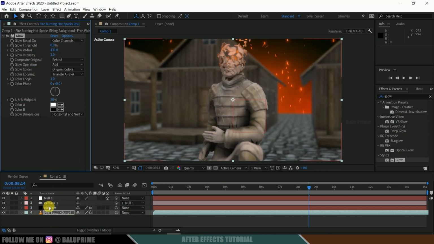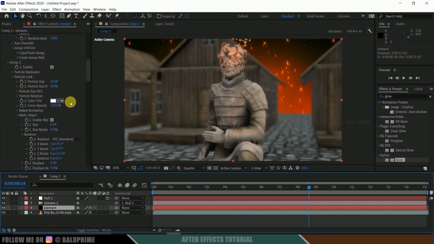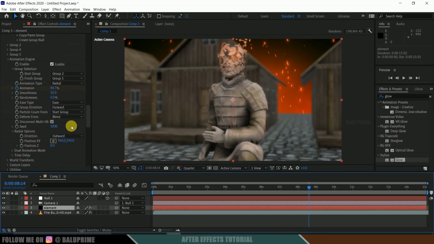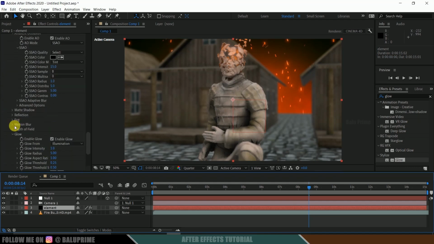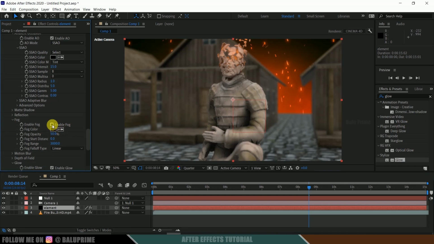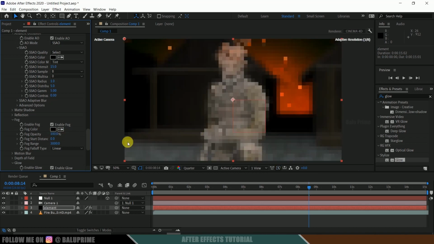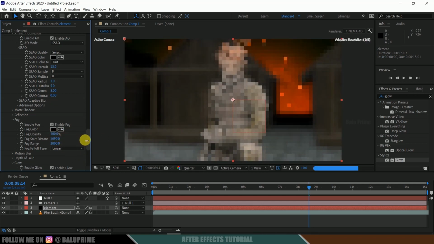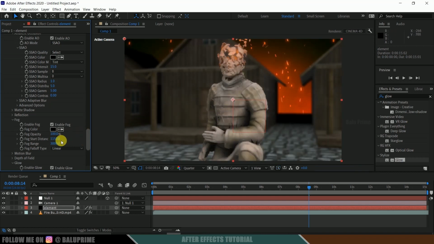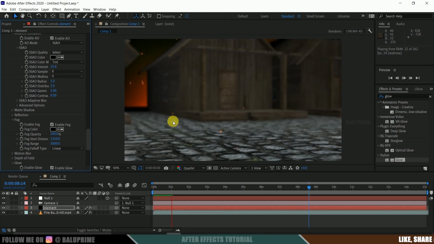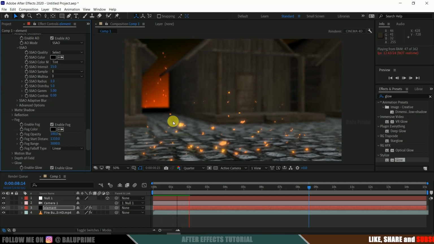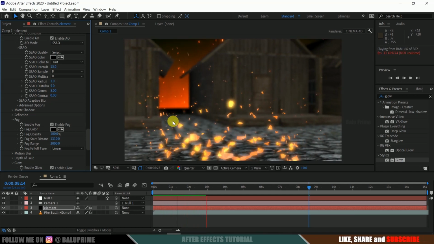And finally let's select this element once again, scroll down for the option like here is this fog. Enable fog also, it will be better. Fog opacity, increase this to 100% and distance let's set it here. Okay, so in this way we can create this statue formation effect with the fractured particles with the help of